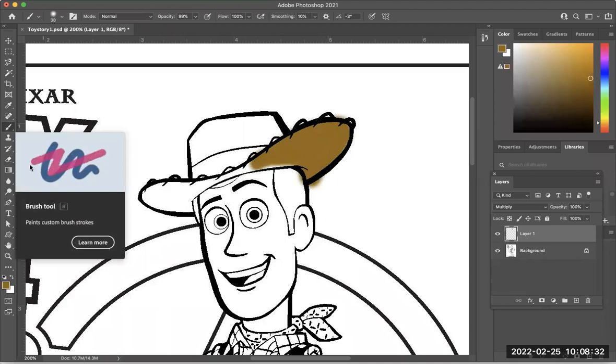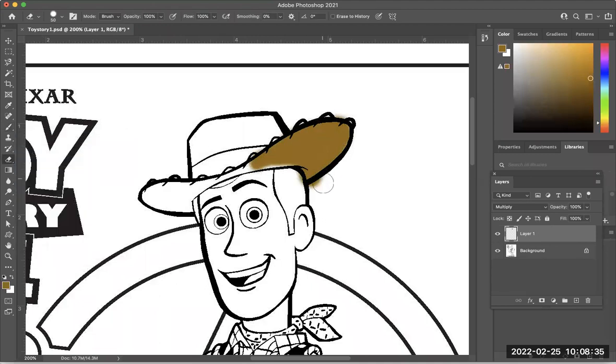And again, if you get outside of the line, grab your eraser and then just erase the parts that are outside of the line. Okay, so it's not erasing the background, it's keeping your line drawing. That's why we're using this blank layer, so that you can still see that